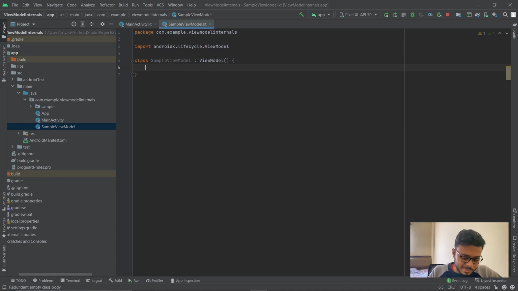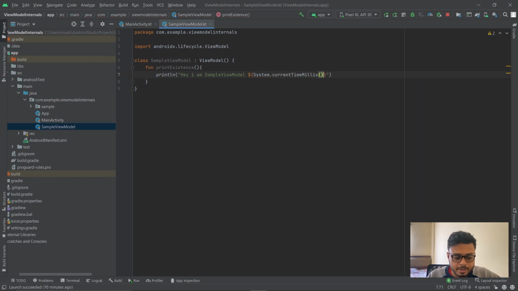We'll just add one very simple method called fun printExistence, and then println, basically, "Hey, I am SampleViewModel," and then it will print the timestamp, say System.currentTimeMillis.